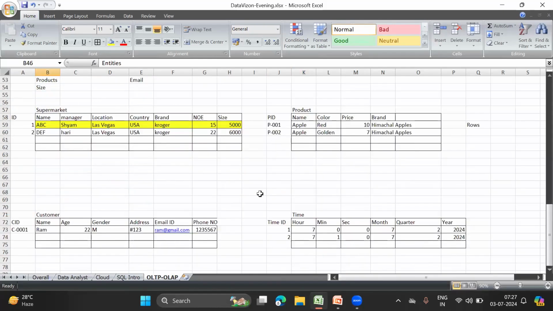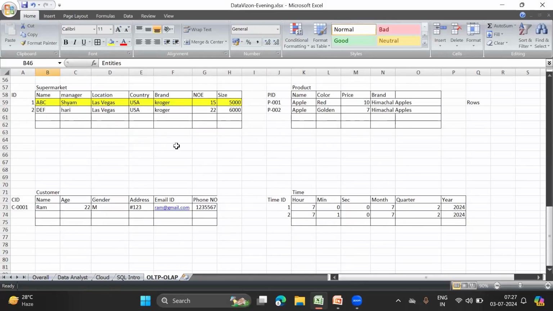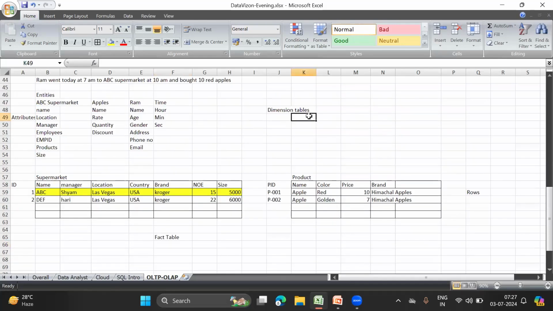Okay. Now there is some special type of table which is called a fact table. So these fact tables are also tables, but these tables represent transactional detail. Whereas the dimension tables represent the entity, I have something called fact tables.